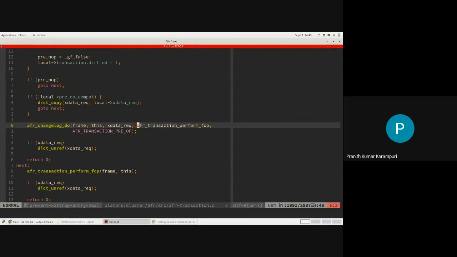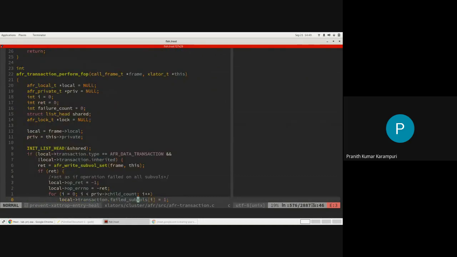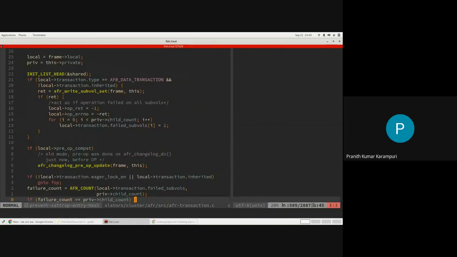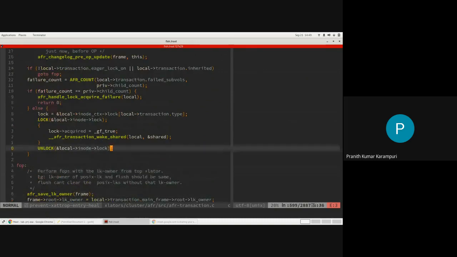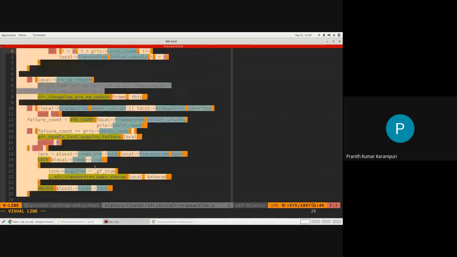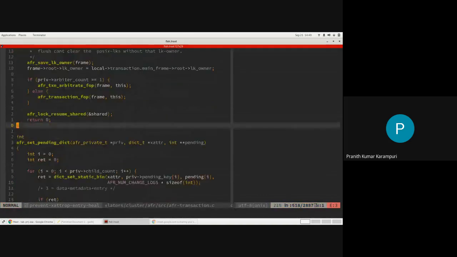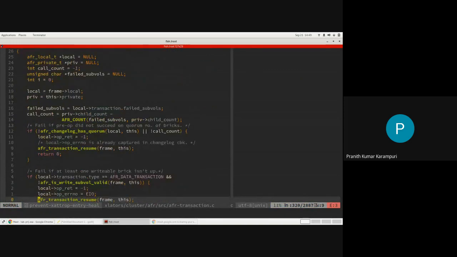Okay. So in pre-op, once that pre-op completes, it will go to your perform fork, which is your actual truncate fork, the one that we are looking at. And you will see that these ones are all optimizations related. So what it will do is the actual fork, and now this dot wind and dot unwind will start getting called.